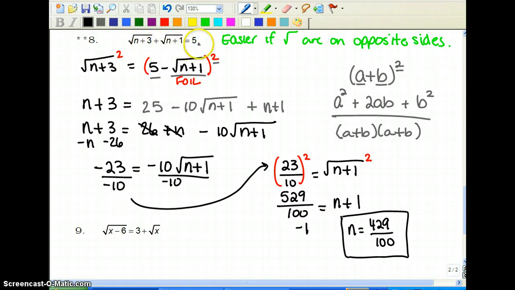You can put it in here and see if you get 5. But you definitely want to use your calculator. You won't always get such messy looking answers. It's a process you have to understand. If you have two radicals, and then you have to move one to the other side, so it forces you into foiling, you're going to have to do